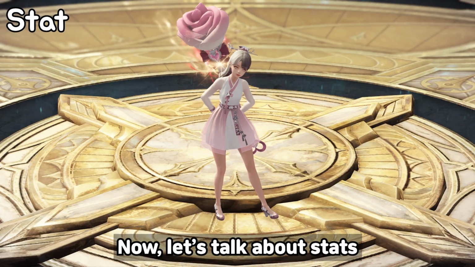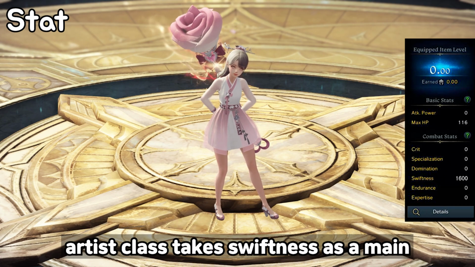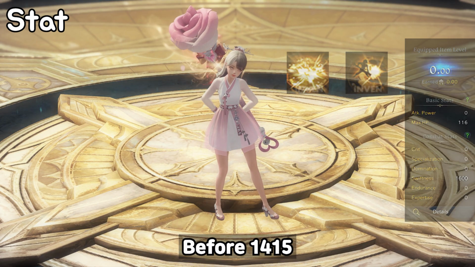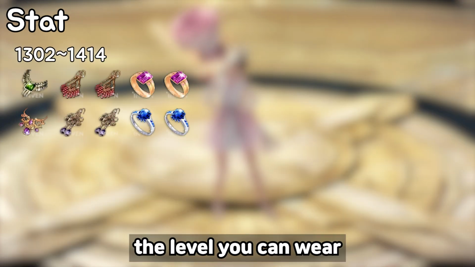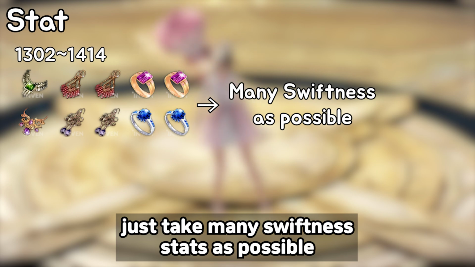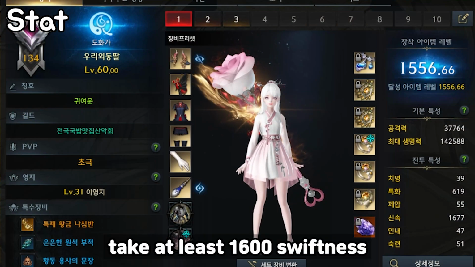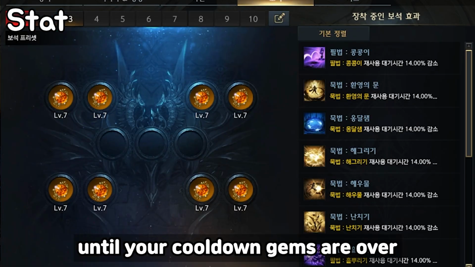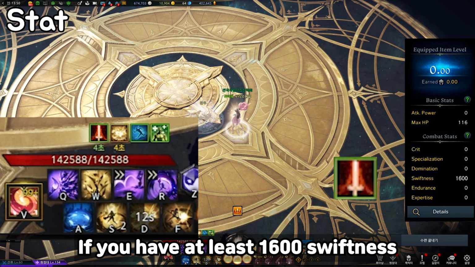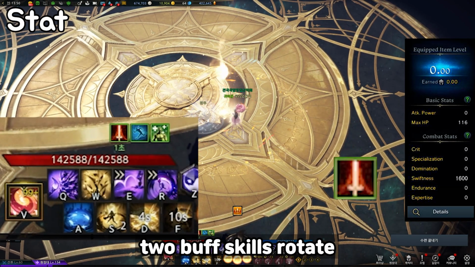Stats. And now let's talk about stats. Normally, Artist class takes Swiftness as a main. Artist uses Swiftness to rotate 2 buff skills. Before 1415, the level you can wear relic accessories, adjust as many Swiftness stats as possible. After 1415, take at least 1600 Swiftness until your cooldown gems are over level 7. If you have at least 1600 Swiftness with level 7 cooldown gems, 2 buff skills rotate and buff can be